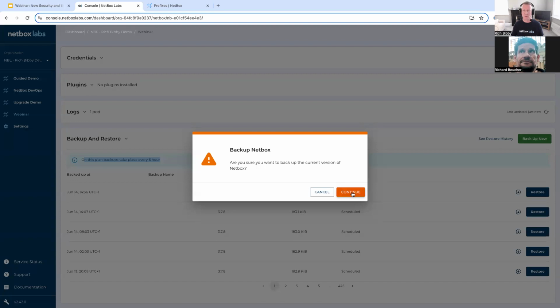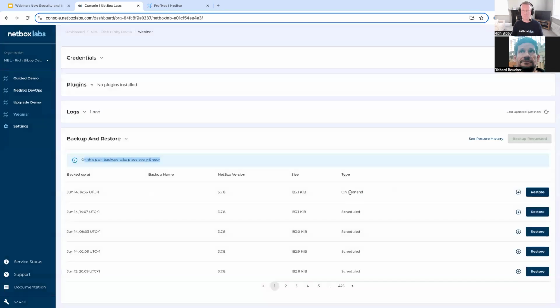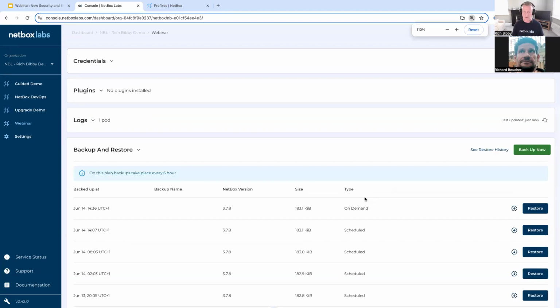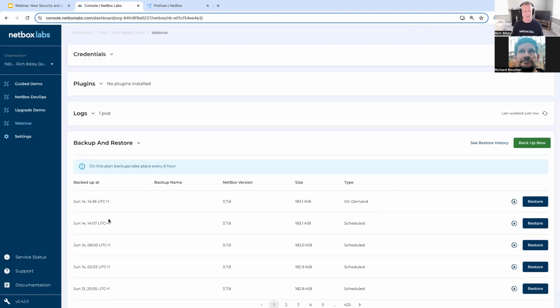So it's like, are you sure you want to back up the current version of NetBox? We click continue. That will happen in the background. It has to prepare the backup. Takes a couple of minutes for that to appear. But once that's ready, it will appear like this instance. And I'm just going to zoom in slightly. It will appear like this instance of a backup, which is called on demand. So you can see it's different from a scheduled backup because it was just taken on demand when we clicked